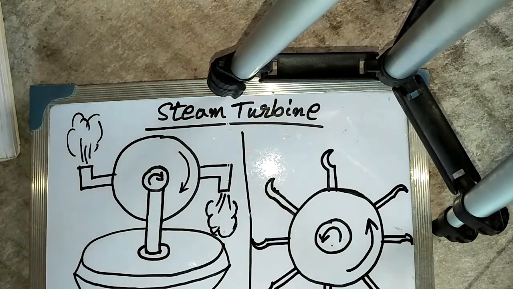First, the high pressure, high temperature steam expands in the nozzles and comes out at a high velocity. The high velocity jets of steam coming out of the nozzle strike the blades mounted on the wheel and get deflected by an angle and suffer a loss of momentum, which is absorbed by the rotating wheel in producing torque. So a steam turbine is basically an assembly of nozzles and blades.